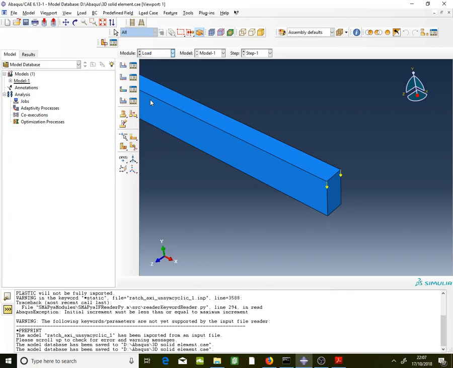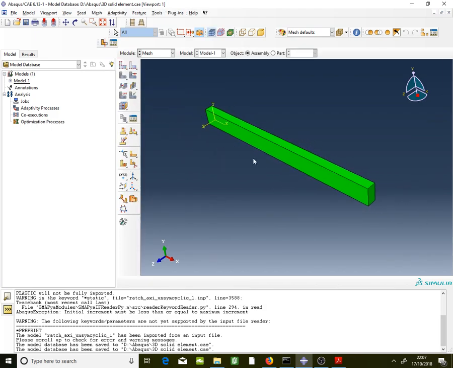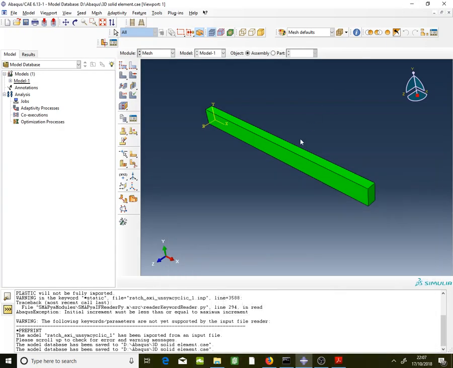You go into mesh. Notice a little bit tricky part. The tricky part of it is the mesh, over the length of the beam, you need 8 pieces of mesh. 1, 2, 3, 4, 5, 6, 7, 8. So how are you gonna do that? You go into